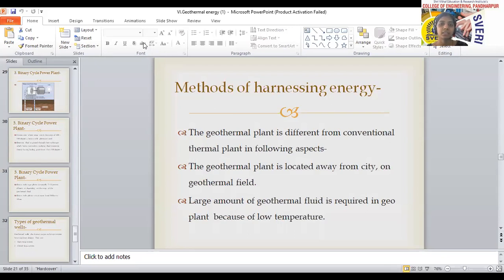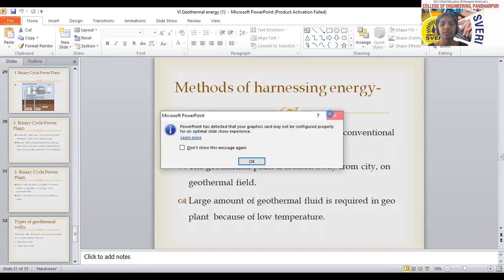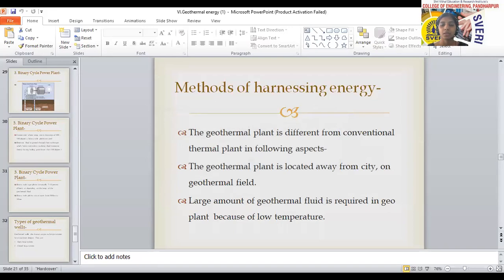In the last session, we saw the resources of geothermal energy. So who will repeat those resources? Which were the resources of geothermal energy? We saw 4 types of resources. Who will tell me the names of those resources? After that, we are moving towards the next points, and we will end our sixth chapter here itself.